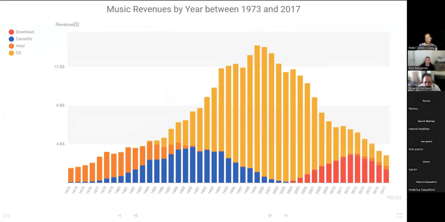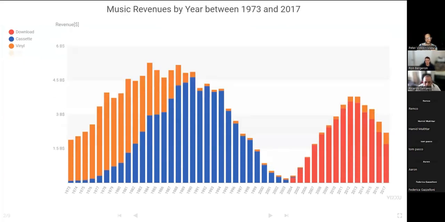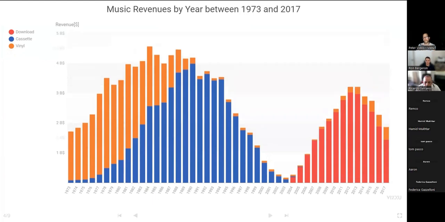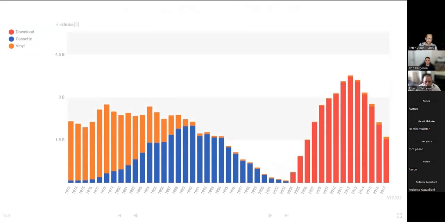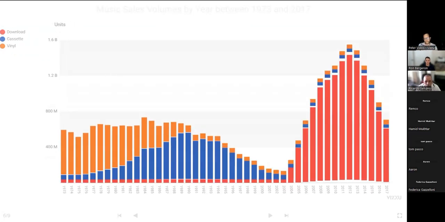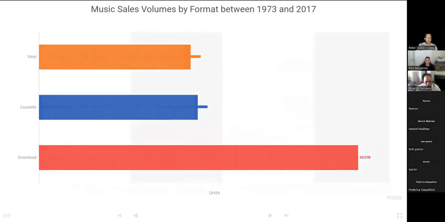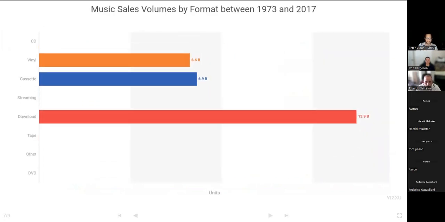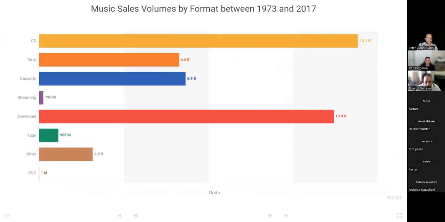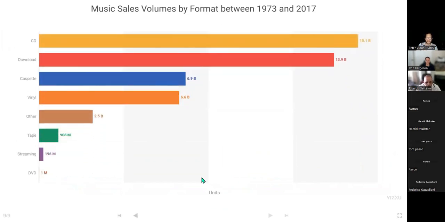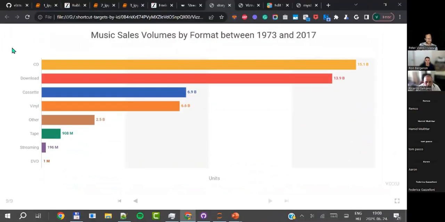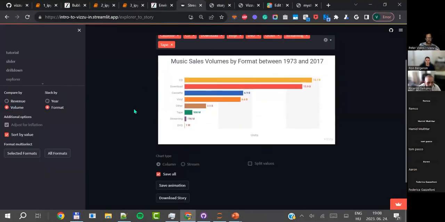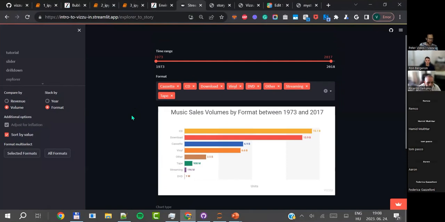So basically, this was the version when I filtered out CD, I switched to inflation adjusted value, then to volume, then I switched the orientation to have the total number, and I added all the other categories, music formats, and then I ordered them by value. So I have the presentation right in front of me without having to do anything about it. And just by taking a look at my data, this presentation is being generated in the background.